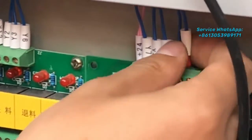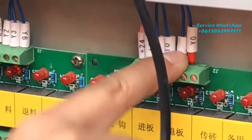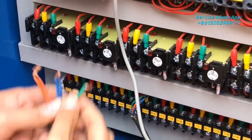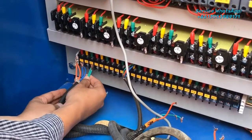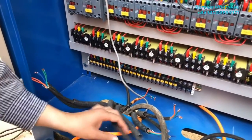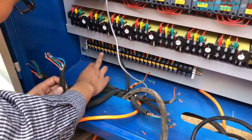We will do the white circle. We will mark the number like U1 and V1, W1, maybe here, right? So we will mark here. This one is U1, this one is V1, this one W1. So you will find each number and find out here U1, V1, W1. You will connect here, right? So it's very easy. Okay, and this cable and this cable, U2, V2,